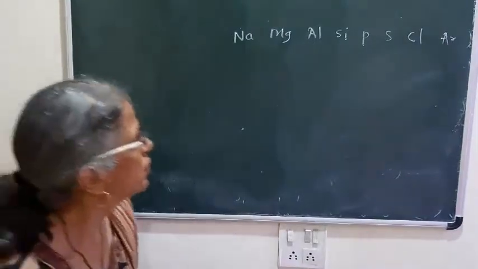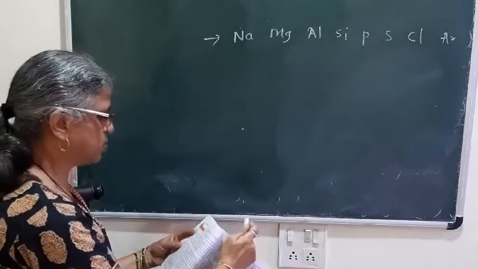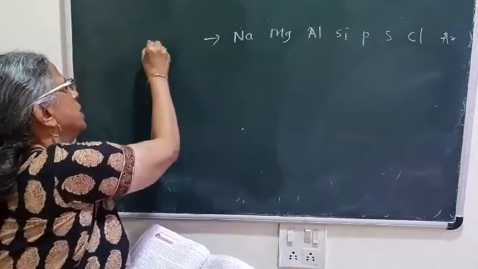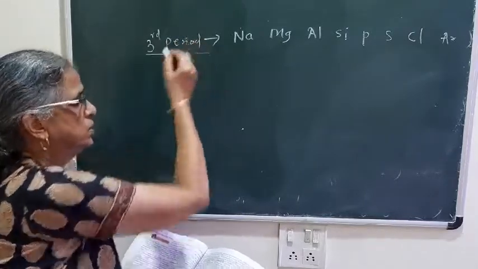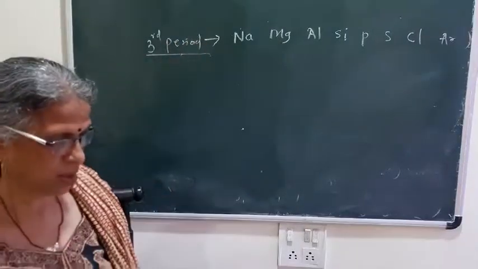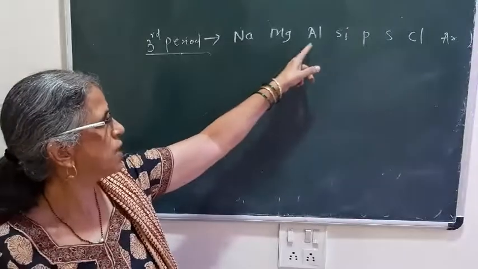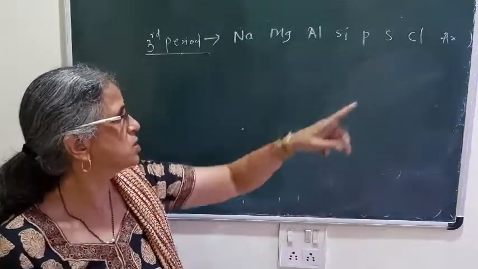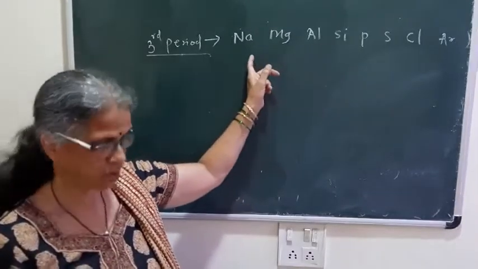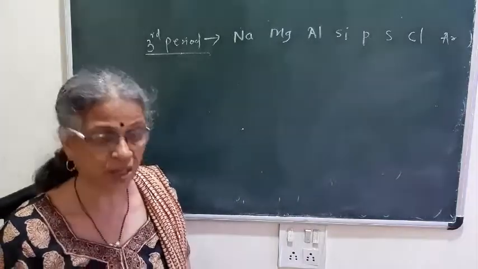So these are the third period elements, they have asked to consider the third period elements. Then what question have they asked? On which side of the period are the metals, left or right? So you know that sodium, magnesium, aluminium are metals, while phosphorus, sulfur, chlorine are non-metals. So on the left side the elements are metals, while on the right hand side the elements are non-metals.